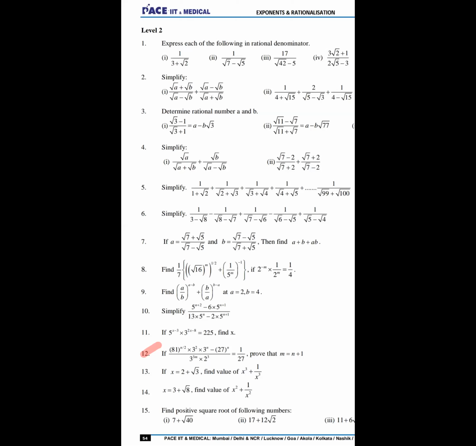So for question number 12, we already solved it somewhere. So you guys asked me the same question again. I don't know why. For the first term, you can write 1 upon 2 to the power of m into 1 upon 2 to the power of m. Is that fine?